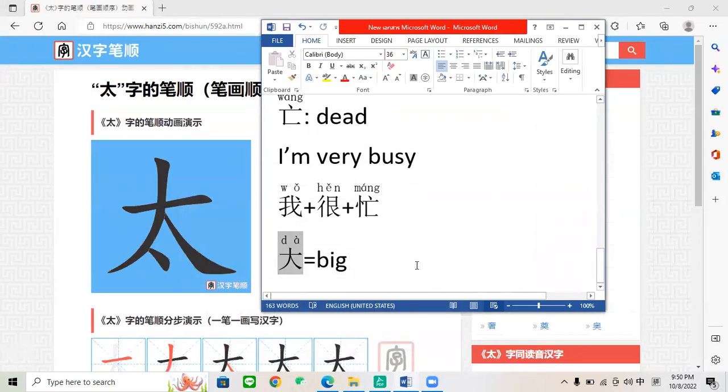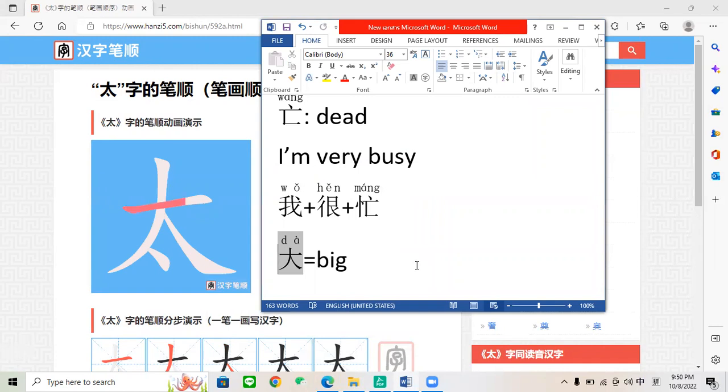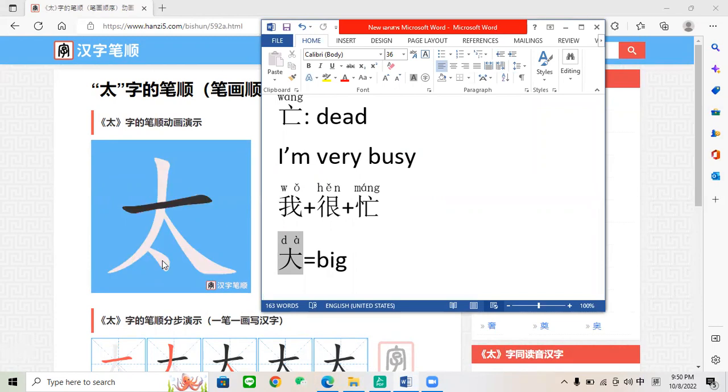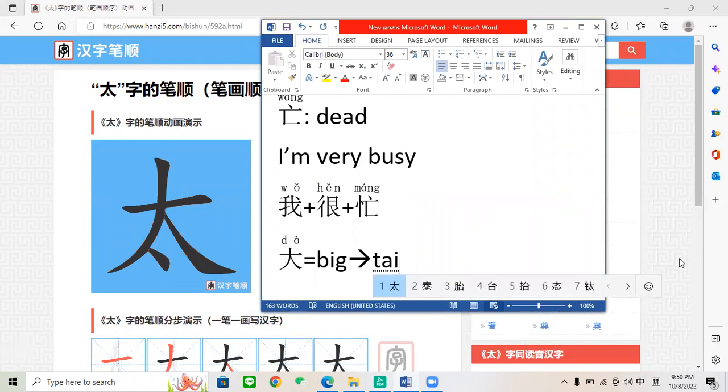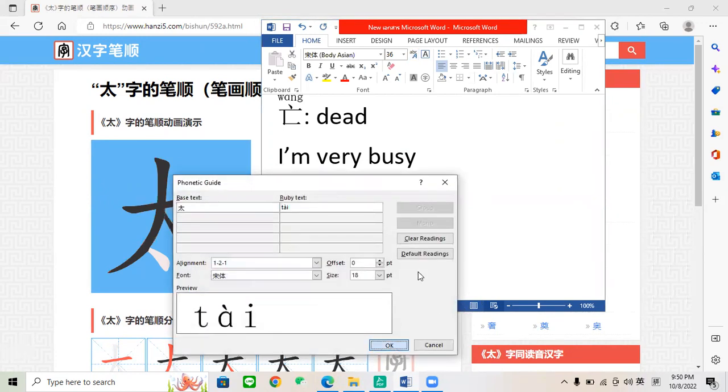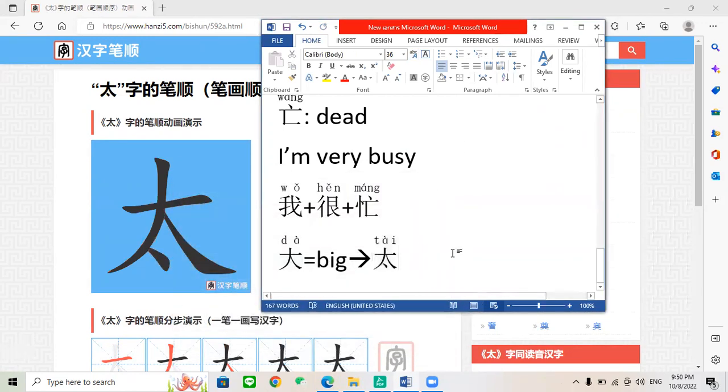And then if you want to say so big, so, very, you want to increase the degree. How are you going to do it? You can put a dot here to indicate a higher degree, right? So this one is 太. We change it into 太, which means so or too or very. 太, okay, so means so, right? So, for example,